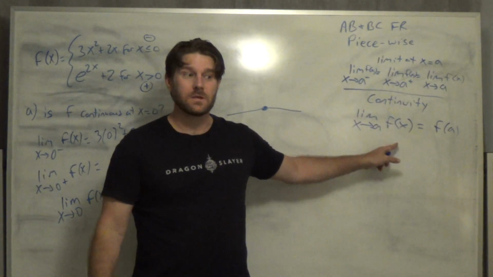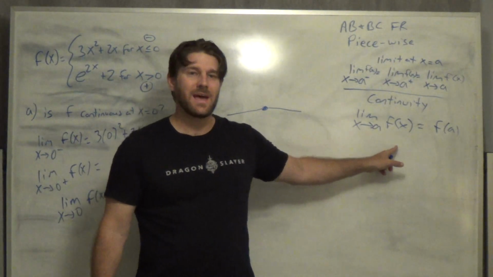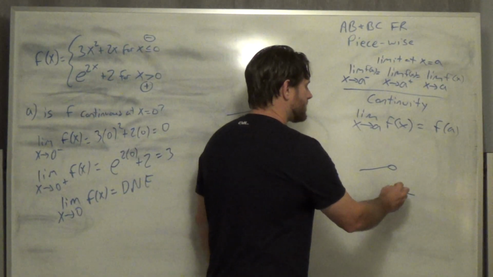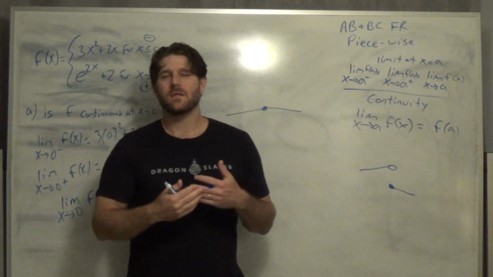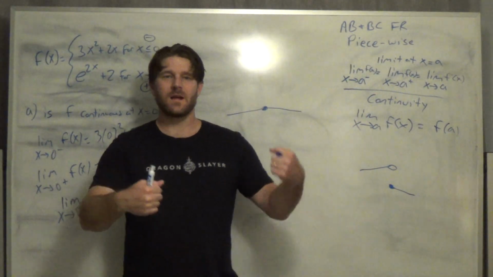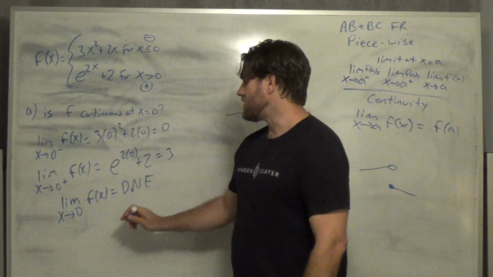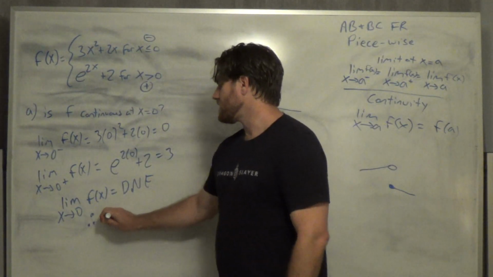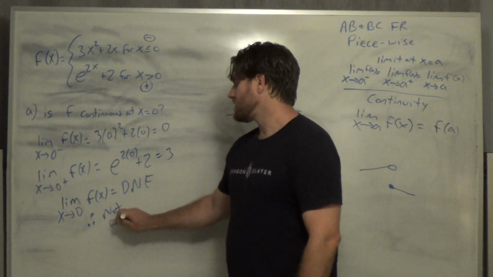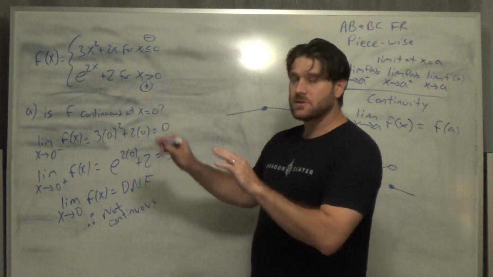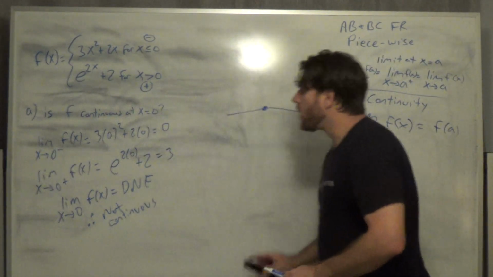And again, it's really important because you might have one that's continuous on the test. But here we had the scenario where the left-hand limit and the right-hand limit didn't even meet. And if the left and the right limit don't meet, it's not continuous. So if there's no limit, therefore it's also not continuous. And while that's the answer to part A,